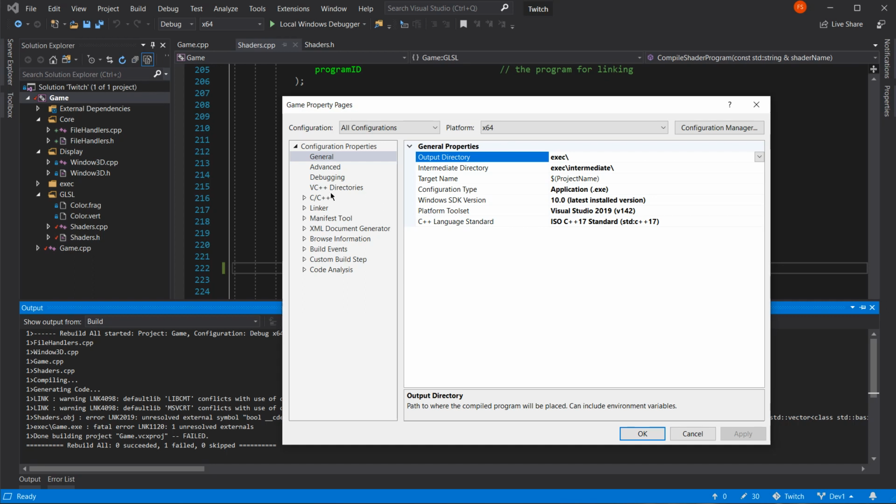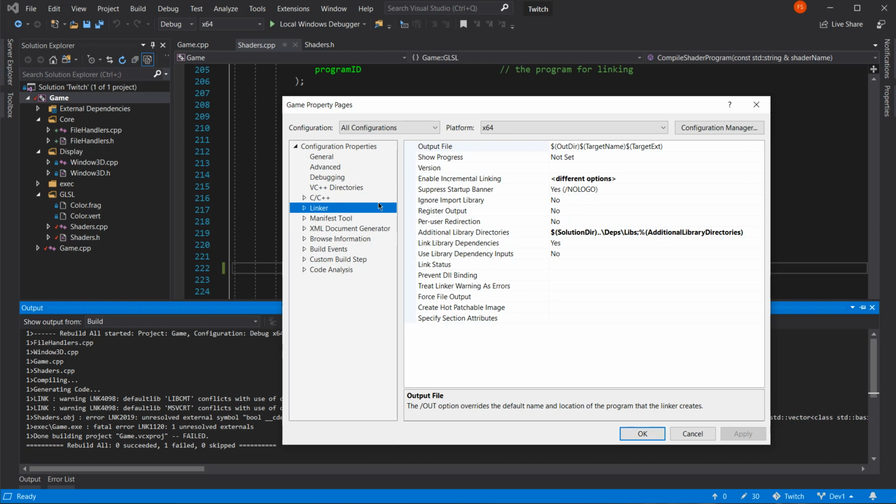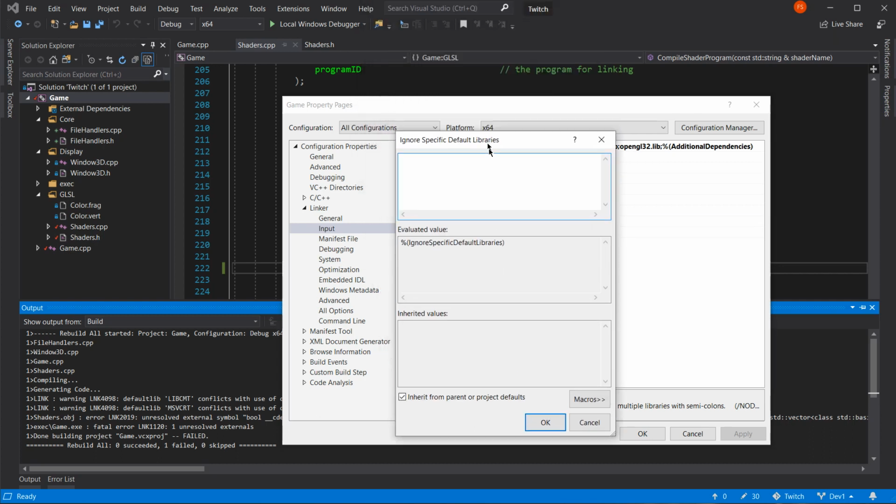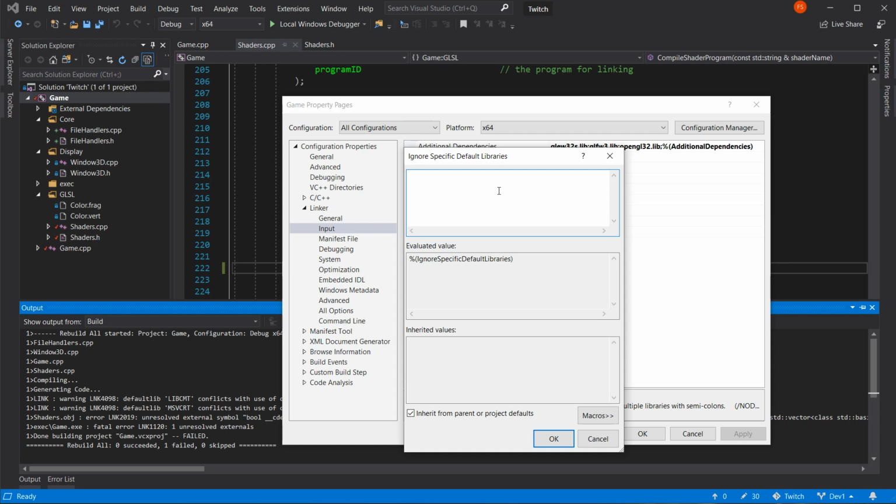Lib. Linker. Input. And which ones do we want to do? The laughable ones, most likely. So we'll have libcmt and MSVCRT.